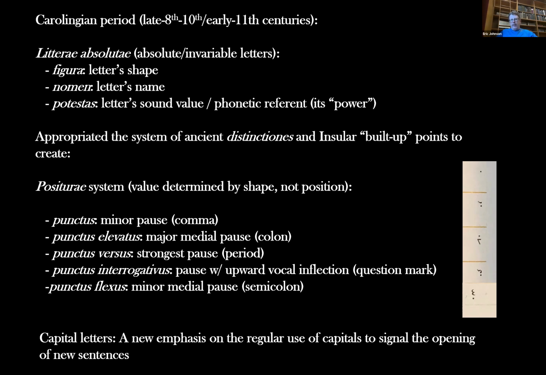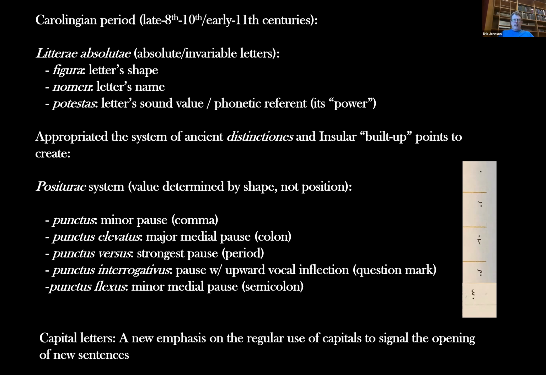And that fifth symbol that was introduced but wasn't particularly popular was the punctus flexus, which is this minor medial pause, roughly a semicolon. And that's going to be a punctus mark with like the number 3 written above it, or a reverse number 3 written above it. So these marks, and rather than placement on the line, these different shaped marks were what imposed meaning for the